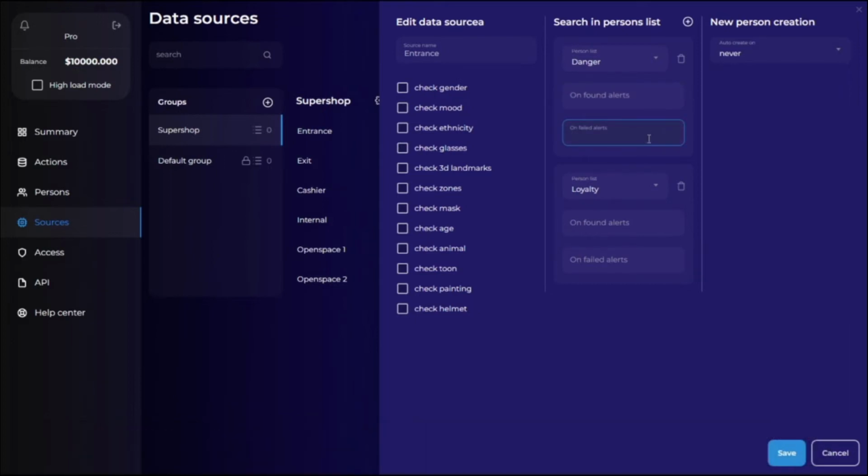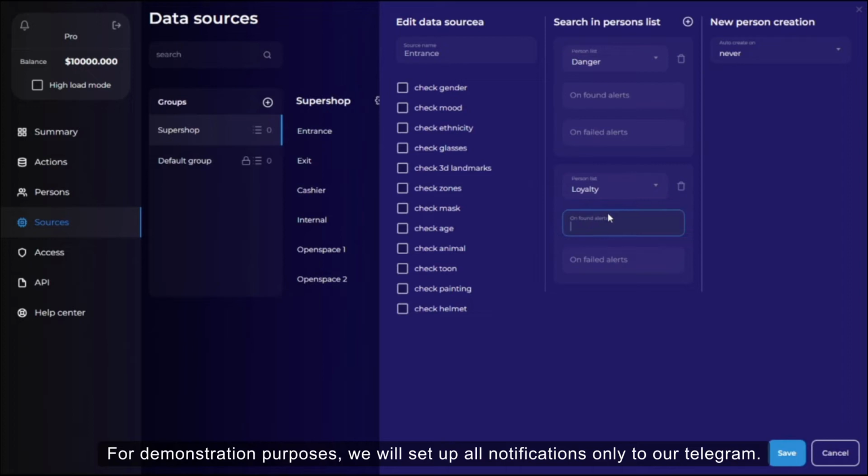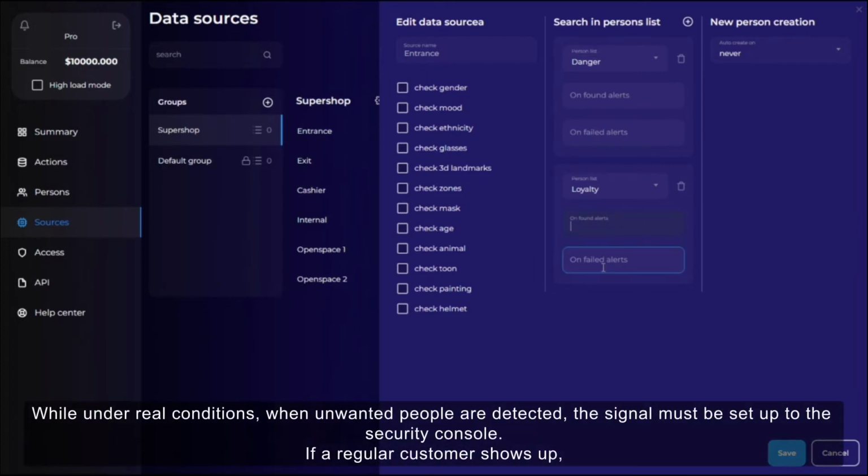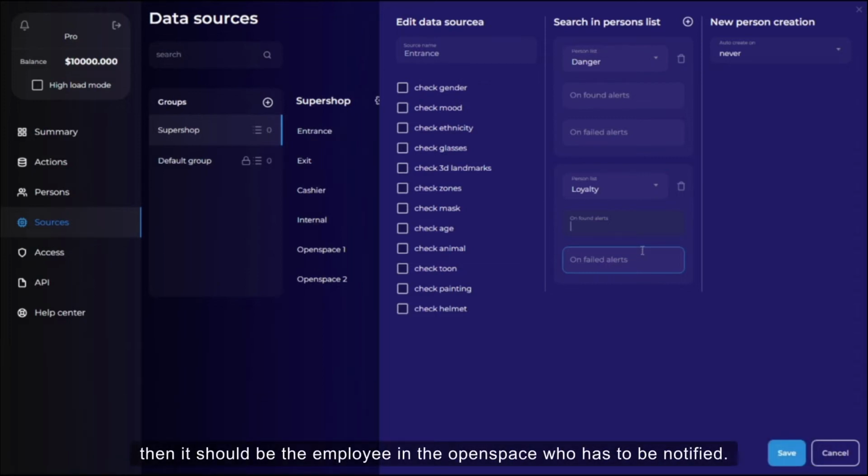We will use them to set up the notifications. For demonstration purposes, we will set up all notifications only to our Telegram, while under real conditions, when unwanted people are detected, the signal must be set up to the security console. If a regular customer shows up, then it should be the employee in the open space who has to be